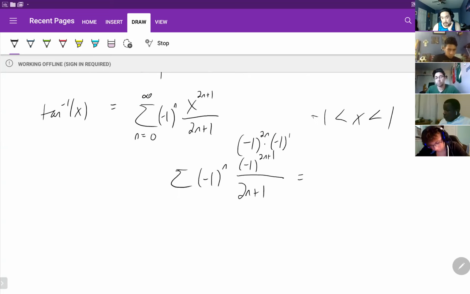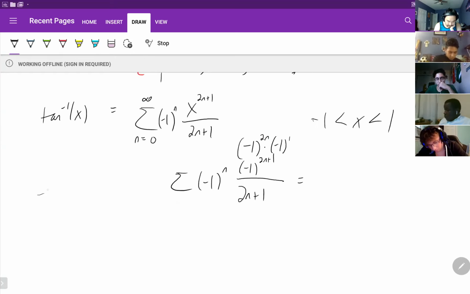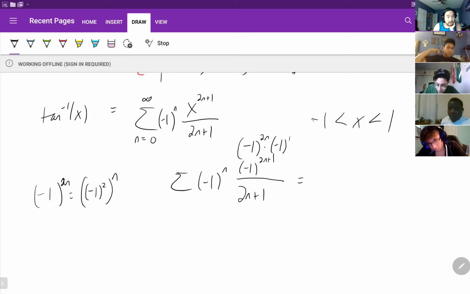-1 to the 2n. Well, I see -1 to the 2, isn't it? Let me do this off to the side here. -1 to the 2n is the same thing as -1 squared to the n by exponent rules, right? So this is actually just going to turn into 1, because -1 squared is 1, and then 1 to the n doesn't really affect the series, right? It's 1 being multiplied to everything. So this whole thing is actually just going to go away, leaving me with